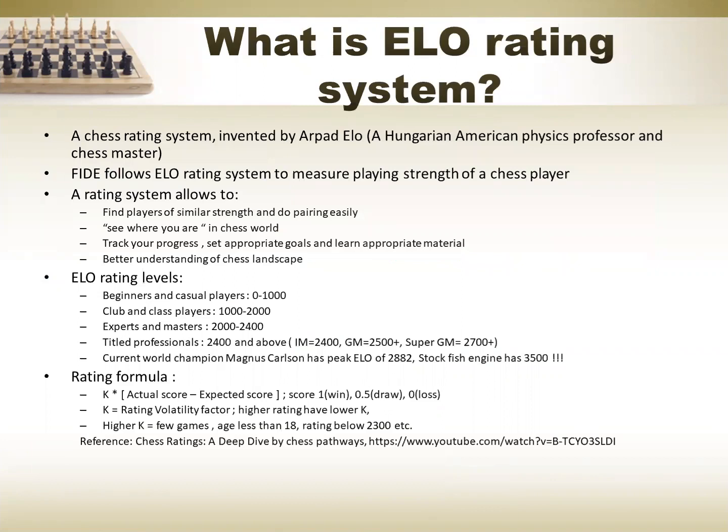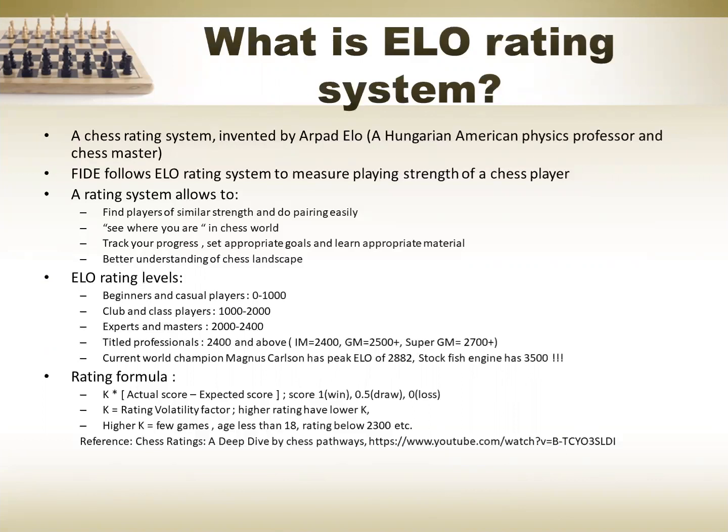And many of you might be thinking, what is this ELO system? Is it some acronym? The ELO system is basically a chess rating system followed for measuring player strength. FIDE follows the ELO rating system to calculate the chess rating for chess players. The ELO system was invented by Arpad Elo, a Hungarian-American physics professor and chess master. The rating system allows you to find players of similar strength and do pairing easily, see where you are in the chess world, track your progress, set appropriate goals, and learn appropriate material to improve